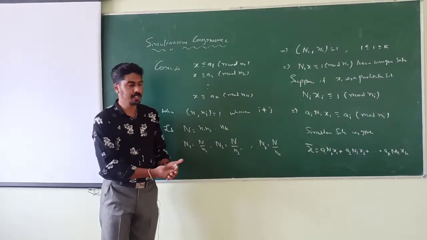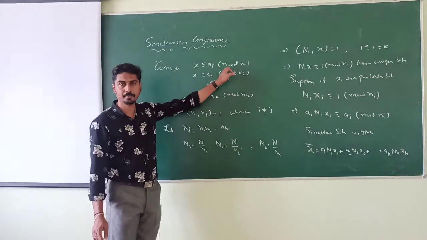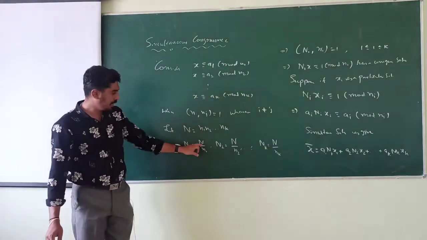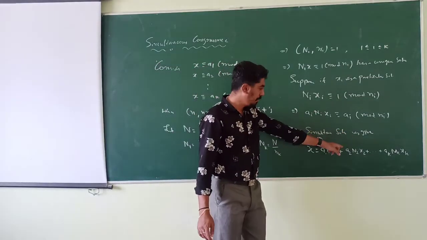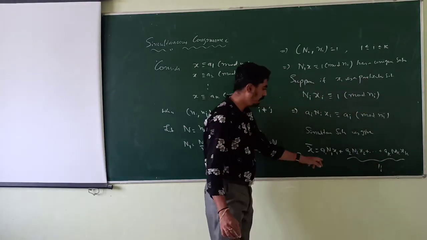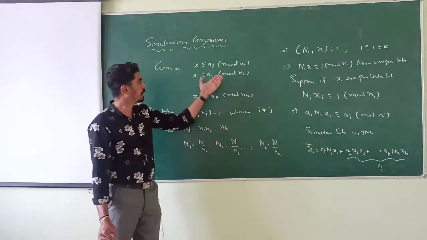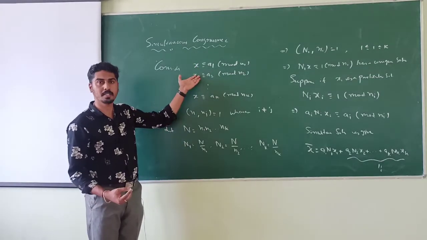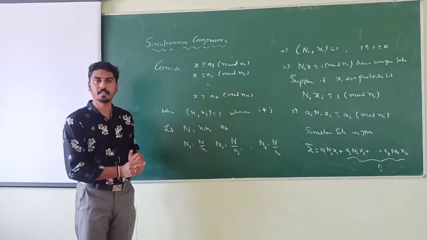I will explain with an example how this works. Suppose I take x bar modulo n1. In the first term we don't have n1, since n1 and small n1 are relatively prime, but in all other terms we have n1. So these all become 0 and we remain with a1 n1 x1, which is congruent to a1 mod n1. So x bar is a solution for the first congruence. Similarly, I can show that it is a solution for the second congruence and so on, up to the last congruence. So this is a simultaneous solution.